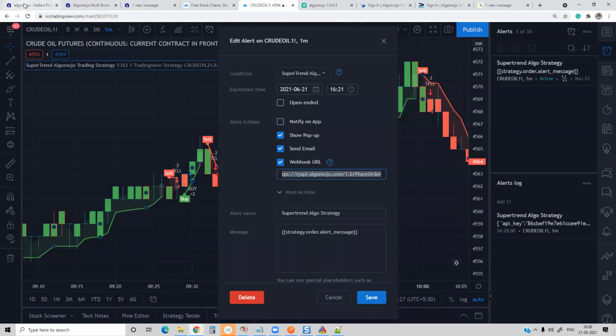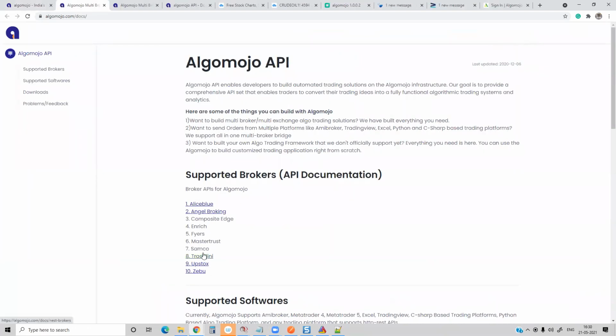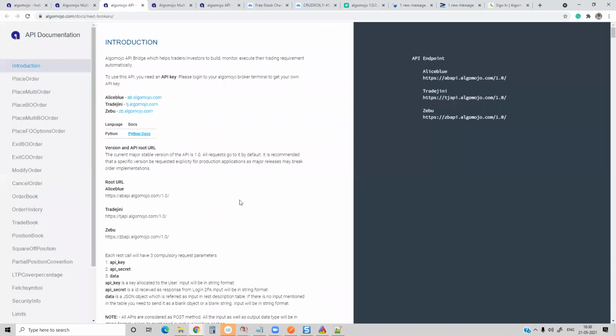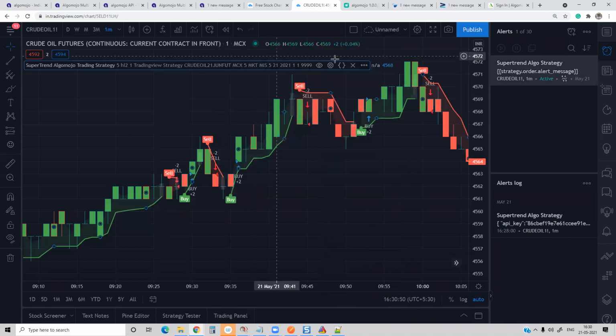Everything is the same, but if you want to send to a different broker, you have to choose, let's say, Zebu. Let's say I'll create one more alert. Maybe I can create one more alert with a different API key and different API secret key.